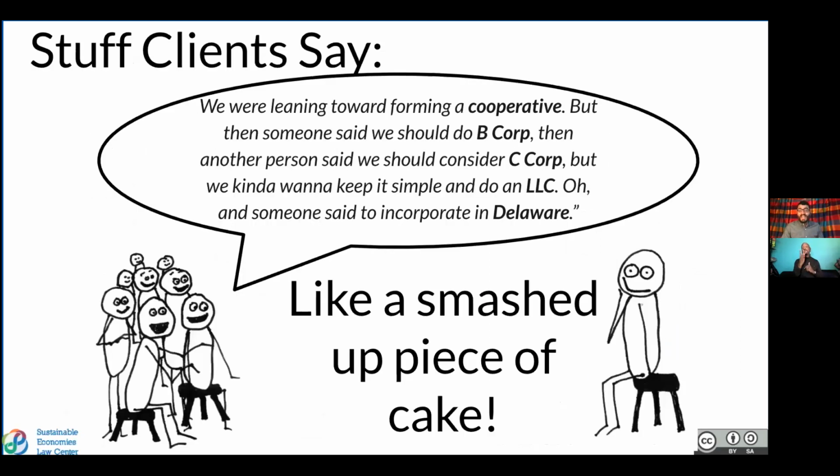So if we let clients believe that there are just four different options, let's say, then it's like we're serving them up a smashed up piece of cake. So many times we've watched lawyers confuse their clients by trying to explain entity structure in a way that conflates the choice of entity with tax status and other considerations like governance. So I'm mostly going to be discussing the entity part, the cake part today, and we'll be leaving most of the talk about taxes to another time.